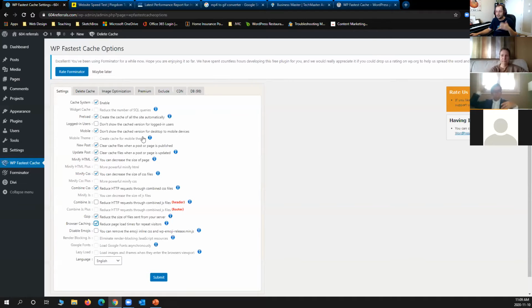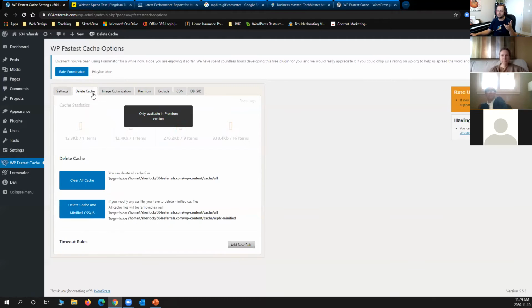So it goes faster. And finally, go ahead and test your pages. The first run of your website after you cache it could still be a little slow, but afterwards it should be right on the money. I said I delete my cache manually. Yes, every plugin has a delete cache section, which says you can clear all cache or you can delete cache and minify CSS and JavaScript. That's the option I go with every time I want to clean up everything. All good? Right on. So go and actually check your website to see if it is using any caching plugin.